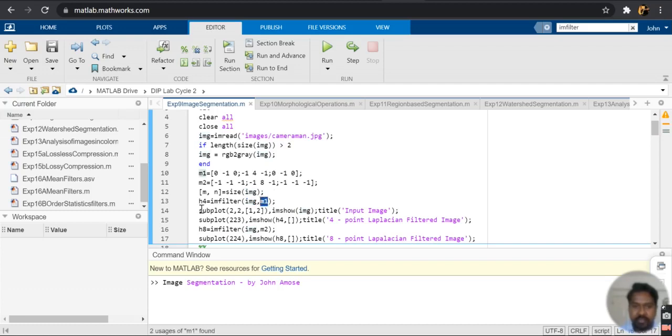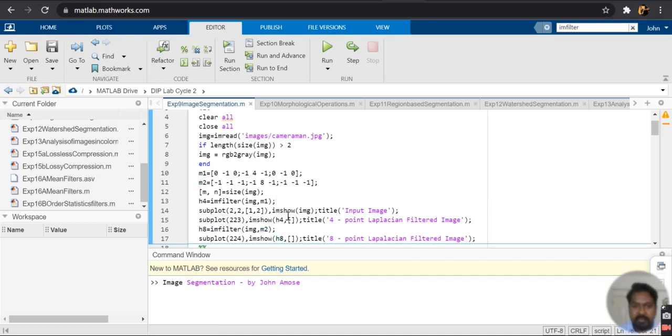So this is mask 1. H4 is going to take the output of the filtering action between the image and mask 1. Similarly, H8 is going to take the output of the filtering action between the image and mask 2.